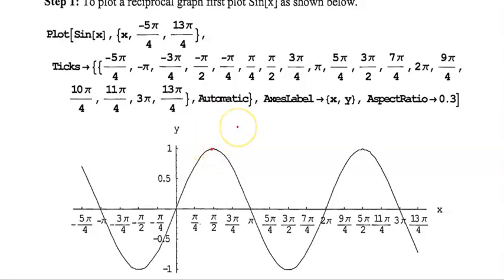But as this curve comes down and approaches y equals 0, as this gets arbitrarily close to y equals 0, the reciprocal is going to go off to infinity. So we're expecting a graph to go something like this, and similarly this way. For each one of those bumps it will do that. However, at x equals pi, y is equal to 0, and so 1 over 0 is infinite, it's undefined, and that tells you where the asymptotes are as well. So simply plot sin x, then take the reciprocal of everything,